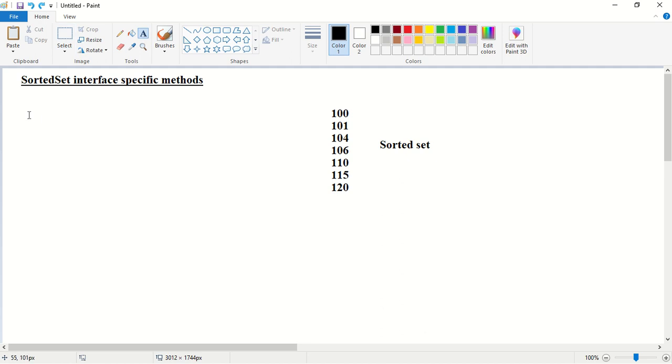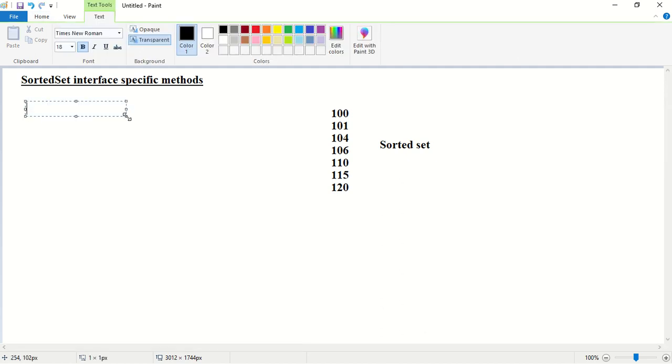First, I want to access the first element in the set. The method name is first. It will return 100. So 100 is the first element.